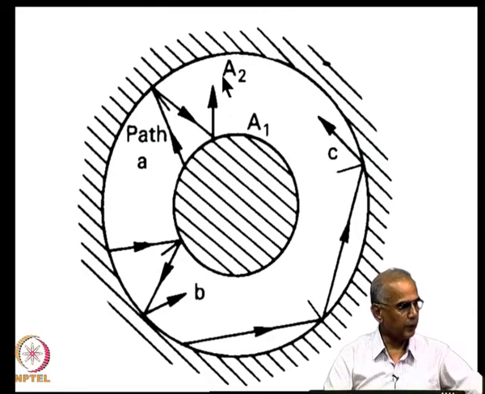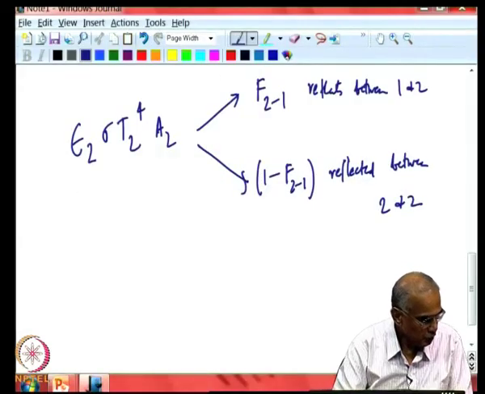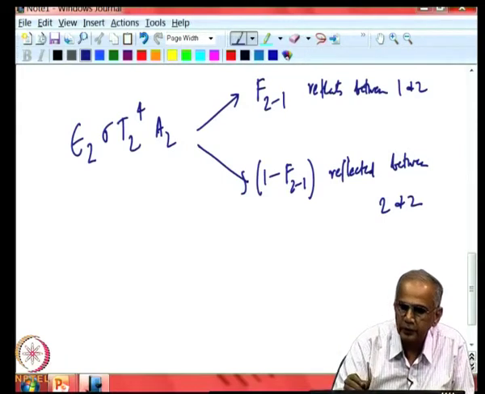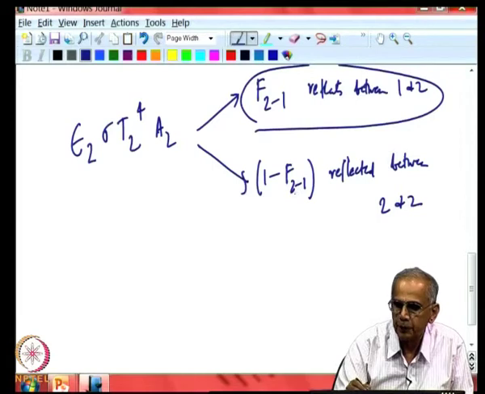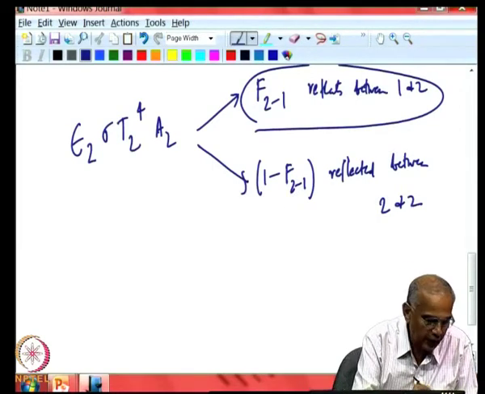That is what makes the analysis somewhat interesting. In order to calculate the energy exchange between 2 and 1, you are only worried about this part. This part does not interest you, because it only goes between 2 and 2. Therefore, you can write Q21